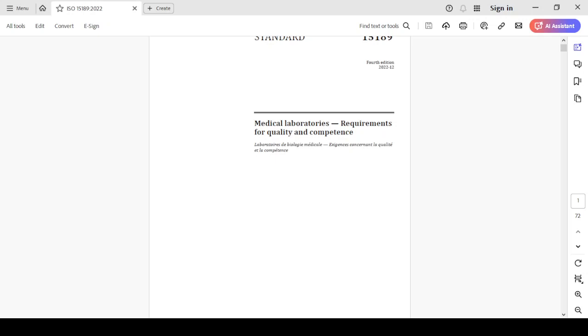Okay. So if you type in ISO 15189 2022, the first website that comes is going to be the ISO website. And when you click on it, you're going to see the cost of this standard. It is a very expensive standard, by the way. So you come to buy, then it is going to give you the figure. So here it says that if you want the PDF only, it is